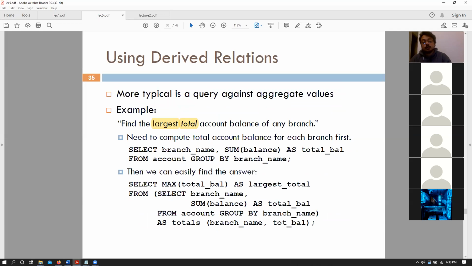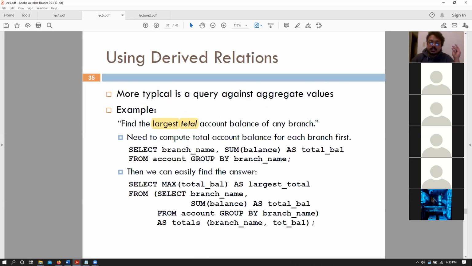Oh, this is interesting. So this is where you have to understand your select, from, and where queries, right? Let's say that I want to find the largest total account balance of any branch.